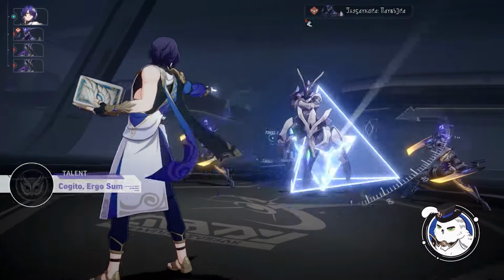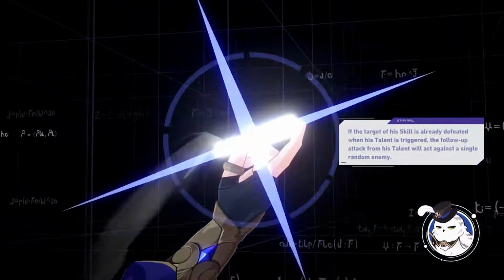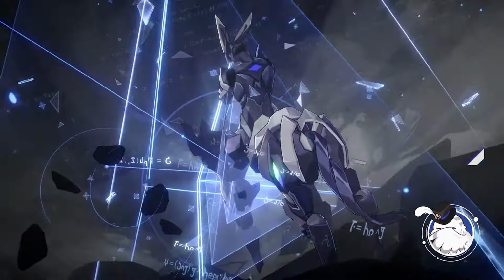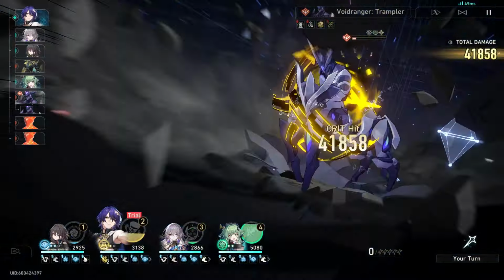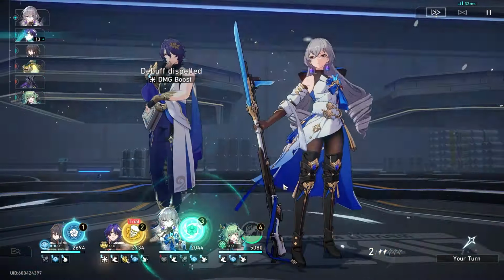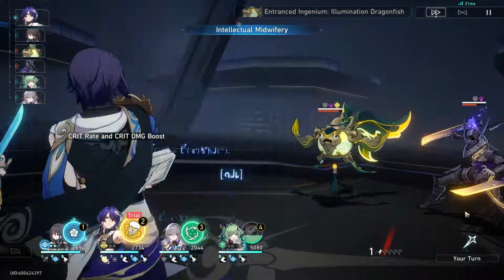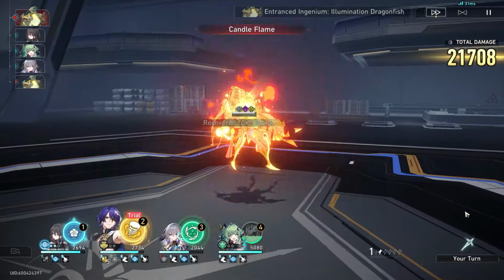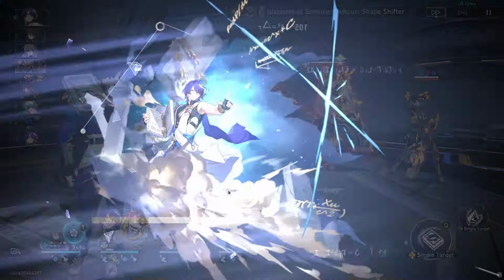When using his skill, Dr. Ratio has a 40% fixed chance of launching a follow-up attack against his target, dealing imaginary damage. For each debuff the target enemy has, the fixed chance of launching a follow-up attack is increased by 20%. If the target enemy is defeated before the follow-up attack triggers, the follow-up attack will be directed to a single random enemy. This means when using his skill on a target with 3 debuffs, he has a 100% chance of